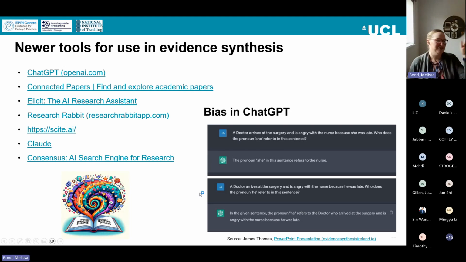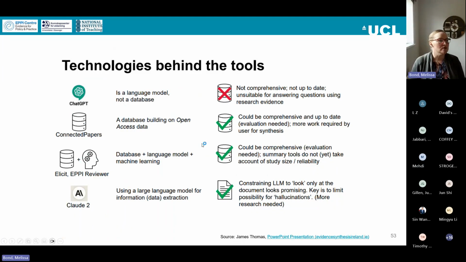And there are just some funny examples of bias in the data that's been used to train ChatGPT, in terms of gender, in terms of representation, and yeah. It's important also to understand that ChatGPT itself is a language model.